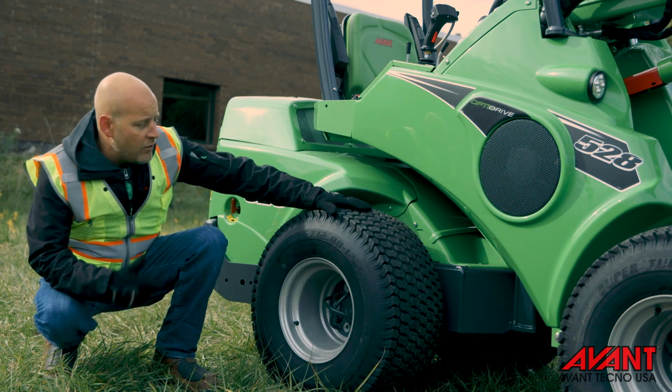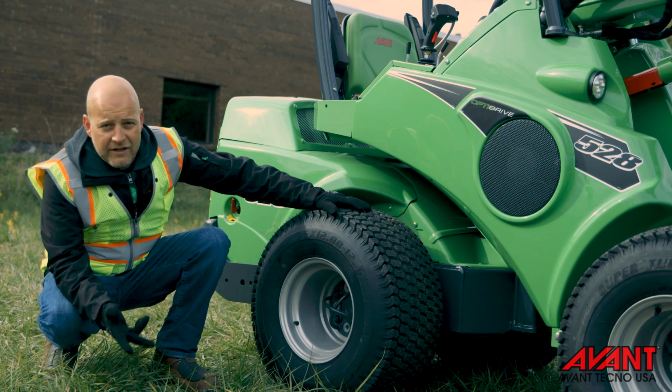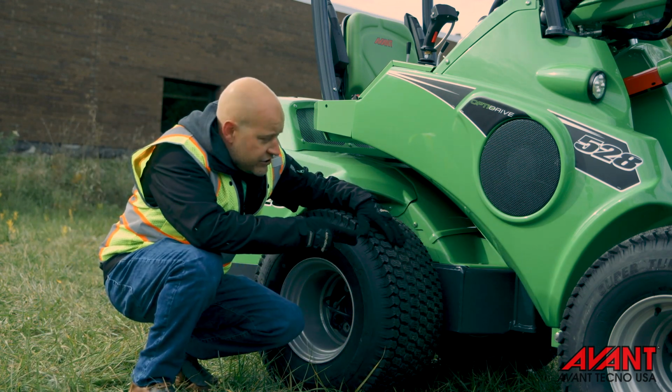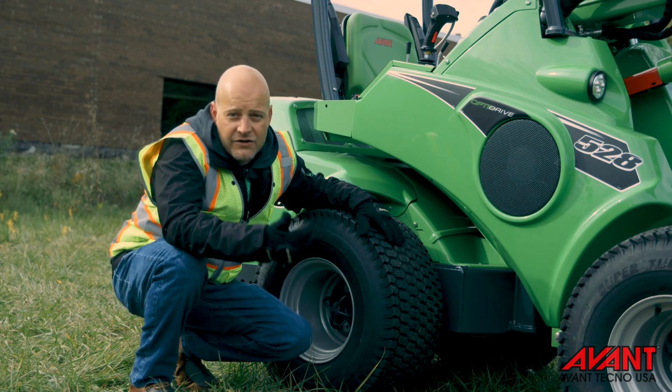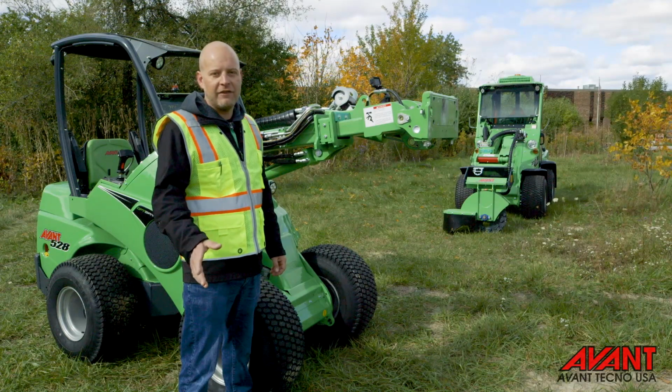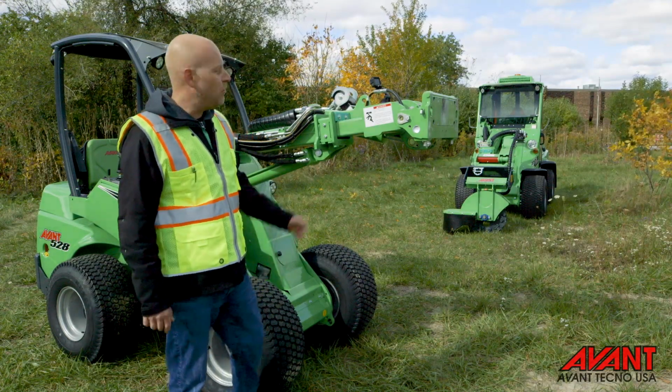While we're down here too, what we're looking for is any types of fluids that might be leaking from the machine. Another thing you want to look at closely is the articulation point. We don't want any types of rocks or sticks or debris caught in there. After doing the inspection on the lower half of the loader and the articulation point, we need to inspect the